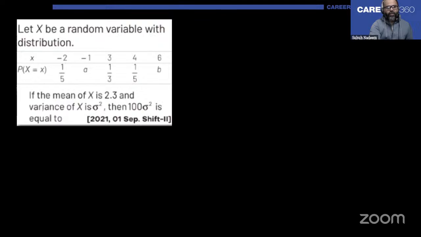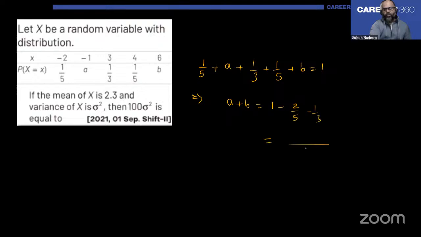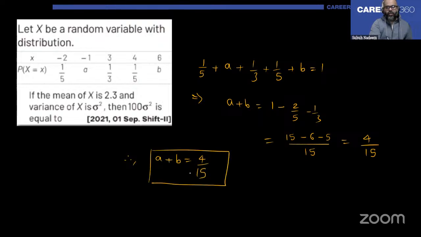तो सबसे पहले हम ये देख लें कि जो भी प्रोबेबिलिटीज हैं इंडिविजुअल रैंडम वेरिएबल की वैल्यूज के लिए, उनका सम 1 होगा, राइट। दिस इज द फर्स्ट कंडीशन। तो 1/5 प्लस a प्लस 1/3 प्लस 1/5 प्लस b इज इक्वल टू 1। तो यहां से हमें मिलेगा कि a प्लस b इज इक्वल टू 1 माइनस 2/5 माइनस 1/3। तो ये हो जाएगा 15 माइनस 6 माइनस 5 ओवर 15, तो ये हो जाएगा 4/15। तो ये हो गया a प्लस b इज 4/15। एक रिलेशन हमें मिल गया a और b में।